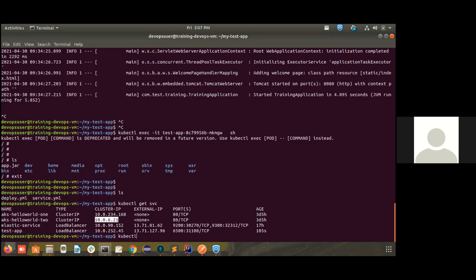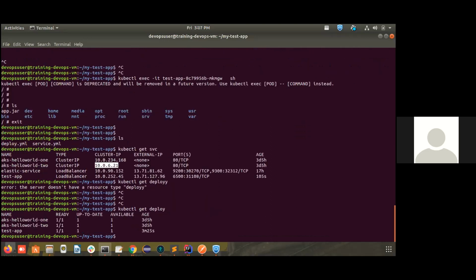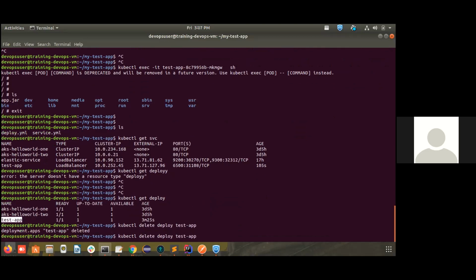So basically, I'm going to delete the application that we have created. kubectl get deploy. Maybe we can cover that later. Okay, for now we'll delete the deployment. Deployment deleted.